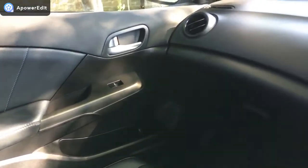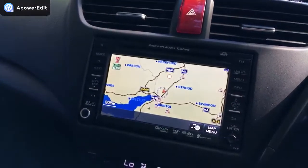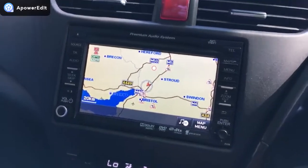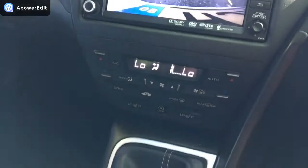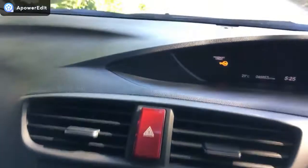Inside the car now, engine's running through this section of the video just so you can see the dashboard illuminated. So I do apologise for the darkness, but it's the very best I can do. Sat nav working absolutely perfectly. I'll pop the car into reverse. That's a lovely clear rear parking camera, but everything in here is in fantastic condition. Hopefully if I pop it up there, you can see